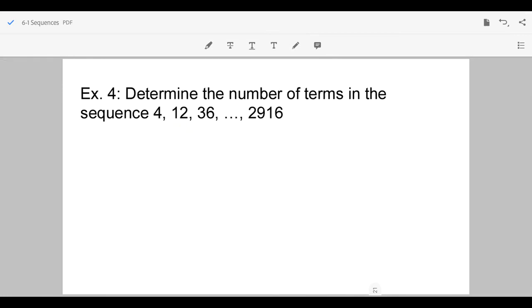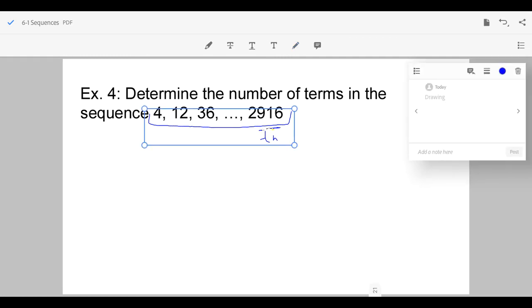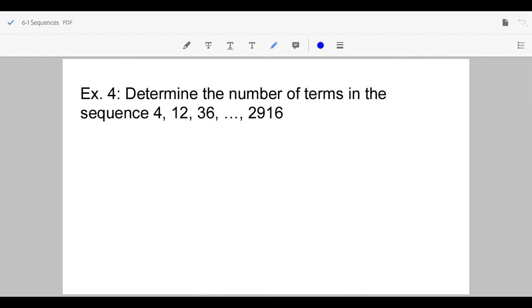Next example, determine the number of terms in this sequence. So in order to do this, we have to assume, of course, that it's a finite sequence. This is our last term, term n. So we know that it's finite. All right, term n